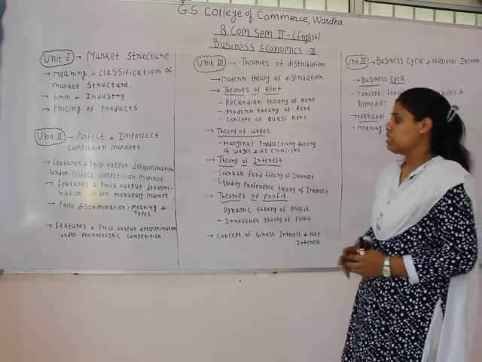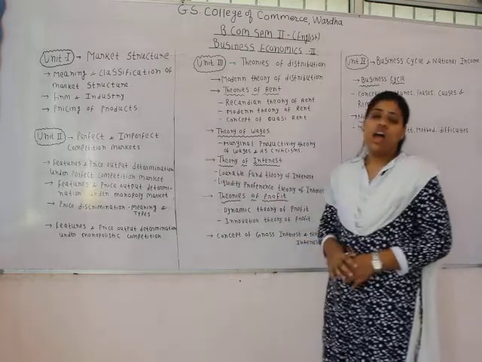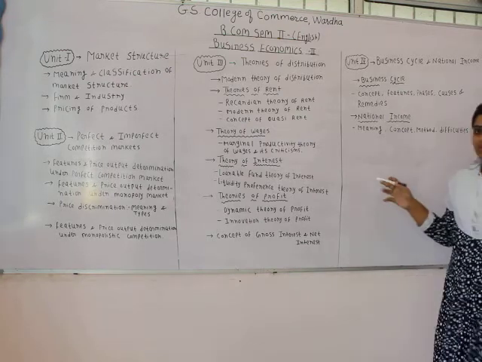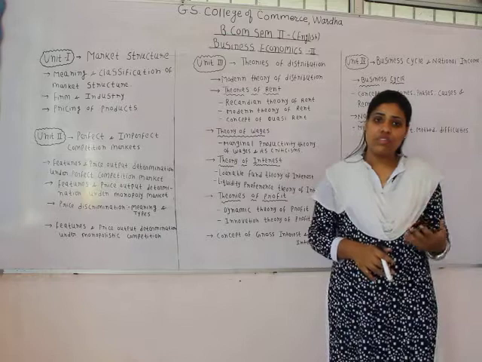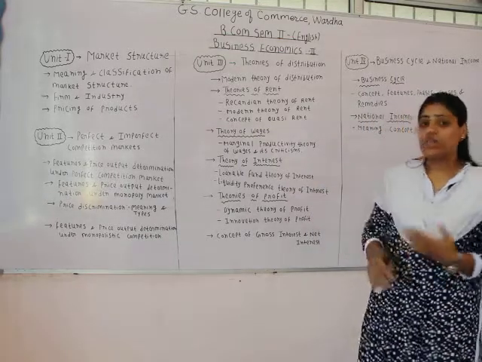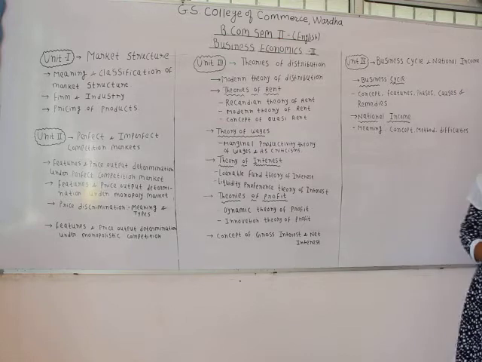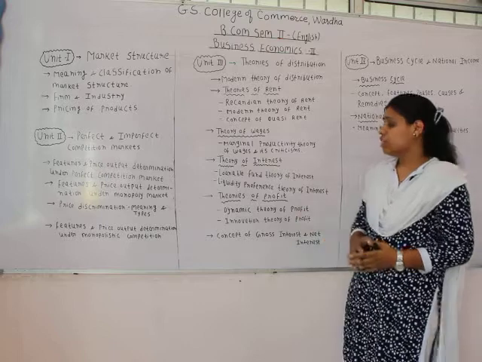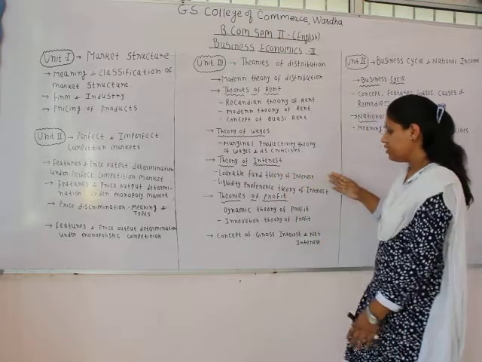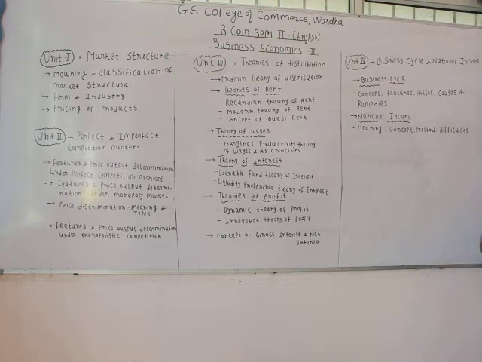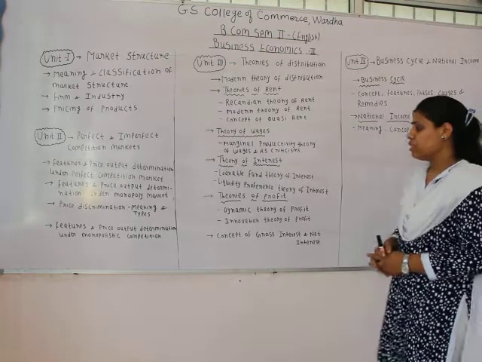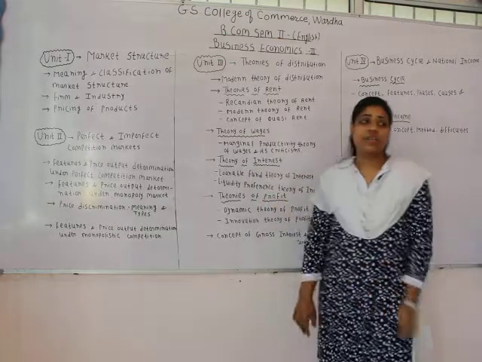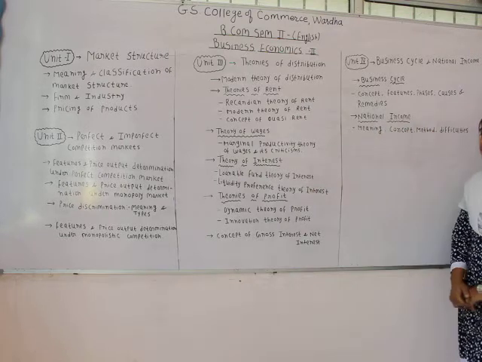The next chapter under the same unit would be theory of interest. Here in this theory we will learn how the interest is determined. As we know, the interest is the reward for capital. So here we would see how the interest is determined in the market. So here we would learn it by using two theories. First one is loanable fund theory of interest, and second one is the liquidity preference theory of interest. So this way we would learn how to determine the interest by using these two theories, that is loanable fund theory of interest and the liquidity preference theory of interest.